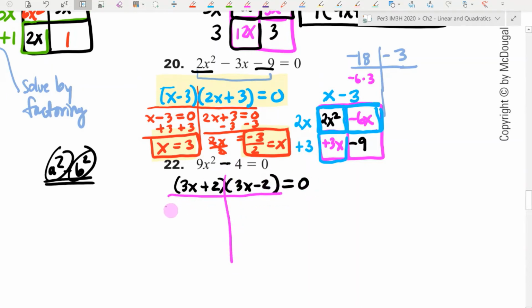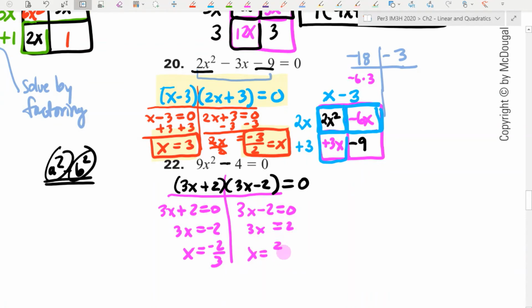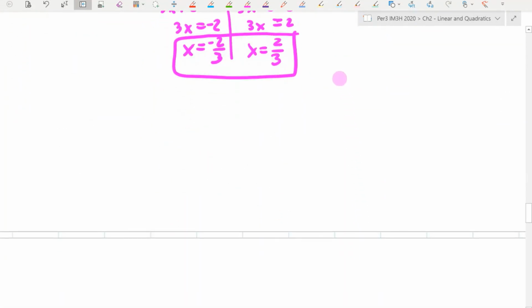Once it's factored and equal to 0, you set them both equal to 0. So 3x equals negative 2, x equals negative 2/3. I'm taking a little bit of a shortcut on these. Add 2 to both sides and divide by 3. So your answer is plus or minus 2/3. For the next part,